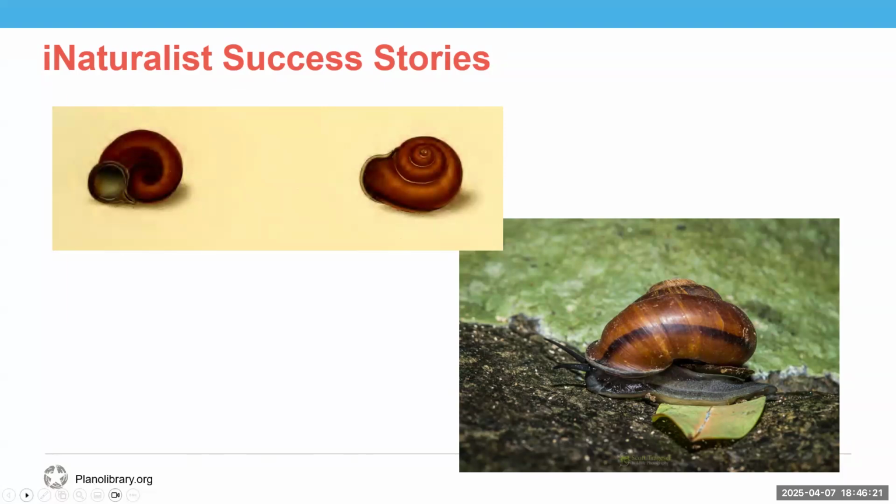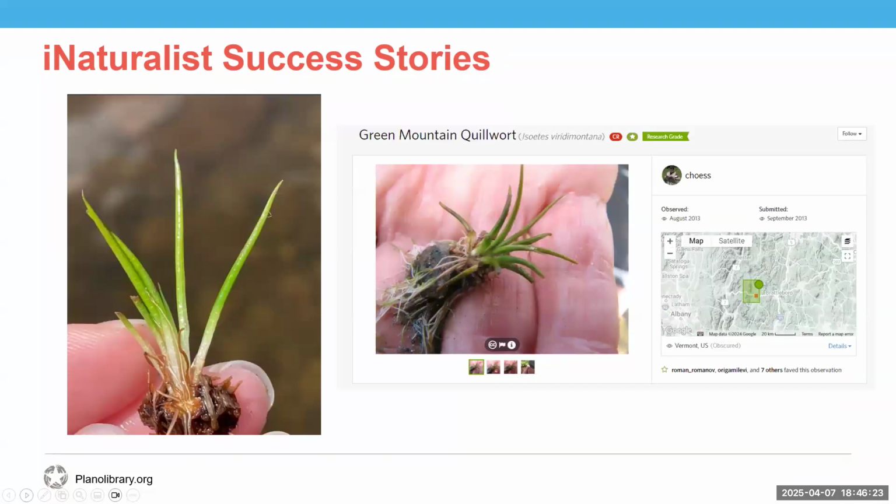And speaking of conservation, there's this tiny little plant. This is the green mountain quillwort. It was discovered in Vermont and added to iNaturalist, but it wasn't identified because it didn't have a name. It had been previously undescribed by science. So today, its conservation status is critically imperiled. It has received a protection it would not have received had it never been located by a citizen scientist